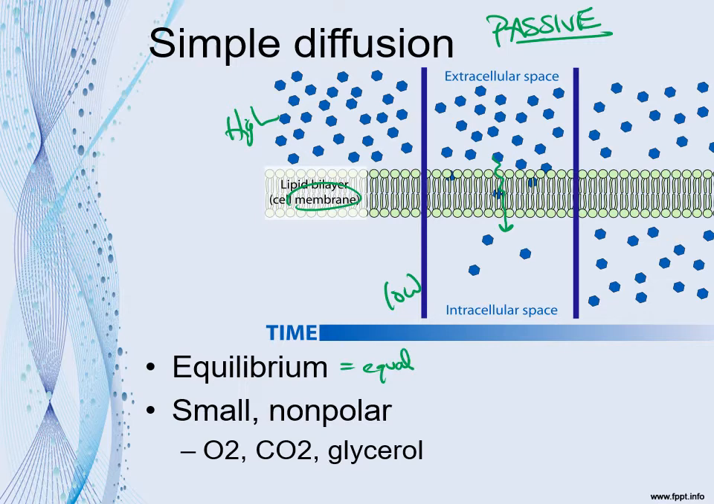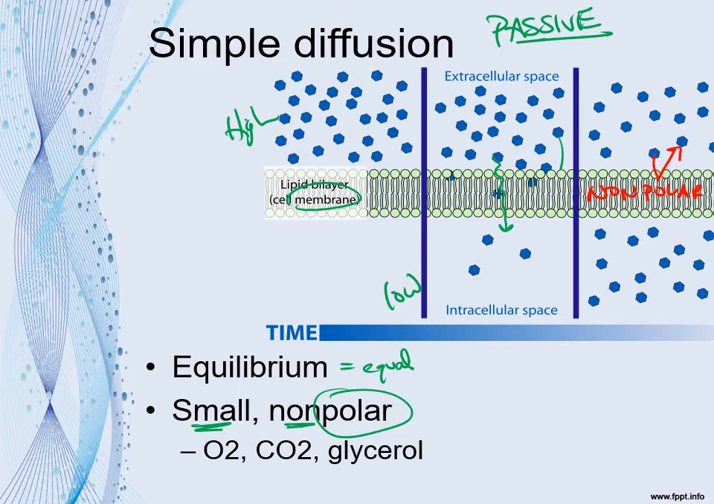Things that can simply diffuse across a membrane need to be very small, and they also need to be nonpolar. Stuff that's big, stuff that has a little bit of a charge, things that are polar, cannot get through the membrane because of the nonpolar fatty acid tails. Anything that is polar is going to be repelled by that nonpolar fatty acid tail region, the hydrophobic region of the